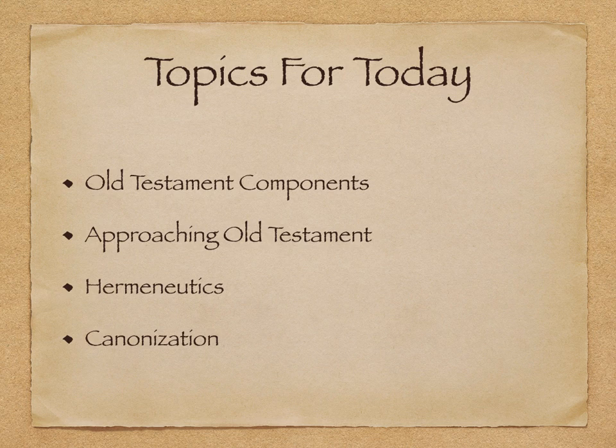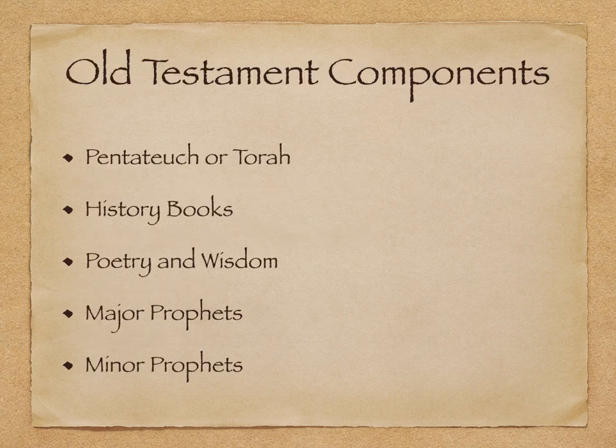So, to start off with, we're going to talk about the topics for today, which consist of the components of the Old Testament, approaching the Old Testament while reading it, a little bit about hermeneutics, and just a little bit about the canonization process for the Old Testament. So, to begin, the Old Testament is composed of 39 books, and it's conveniently broken down into 5 different categories,